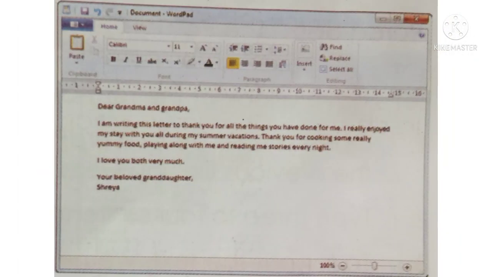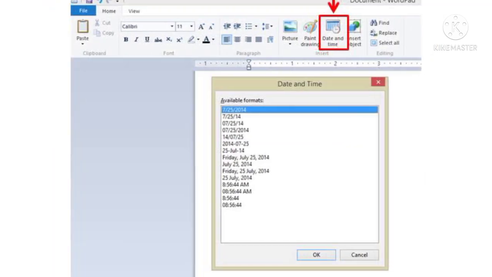Insert date and time. Let's insert the date and time in the letter you wrote. Number 1, click on File menu, then click on Open. The Open dialog box appears. Number 2, click on the letter to grandparents.rtf file.